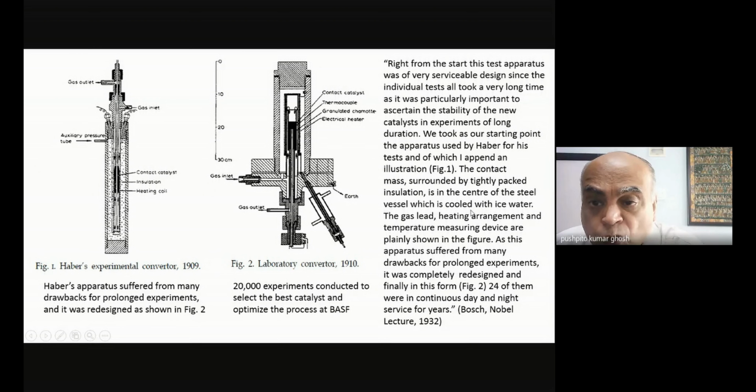Vessel which is cooled with ice water. Cooling is required obviously because it's an exothermic reaction and you have to manage the exotherm. The gas lead, heating arrangement and temperature measuring device are plainly shown in the figure. And so this is all internally heated. The heating coil is inside. And